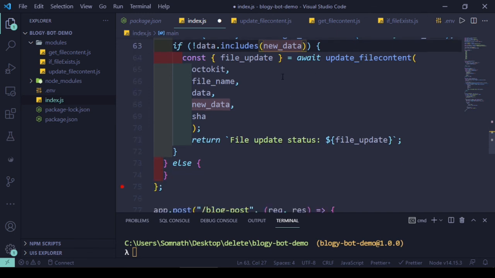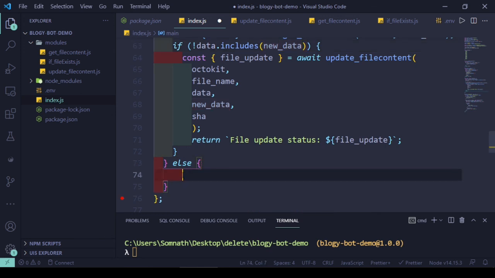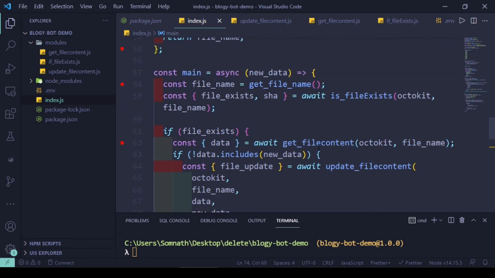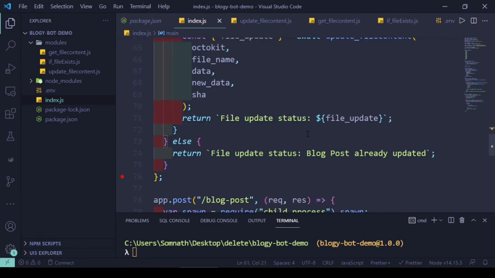And if it's already existing inside the file, then we should escape from this if block, and in the else part we'll handle that it is not required to be updated, or maybe the file content already exists. Some kind of message we need to set up like this. Okay, file update status, blog post already updated. That's it. Cool. So now this particular piece is complete.